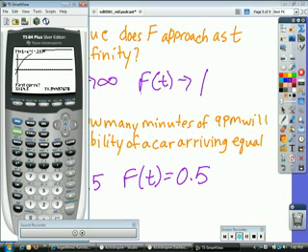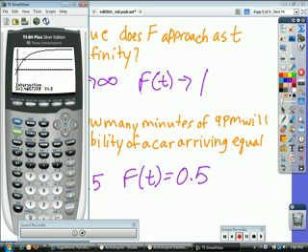One of the great things about using the intersect feature is you really don't need to use the arrows. I'm going to use the arrow just a little bit to get it closer to that point, and it really doesn't have to be on it. Notice the question is "first curve." When you press enter, it's on the logarithmic equation. It's on the line for the second curve, and then you're guessing. And here we go. So this tells me that approximately 3.5